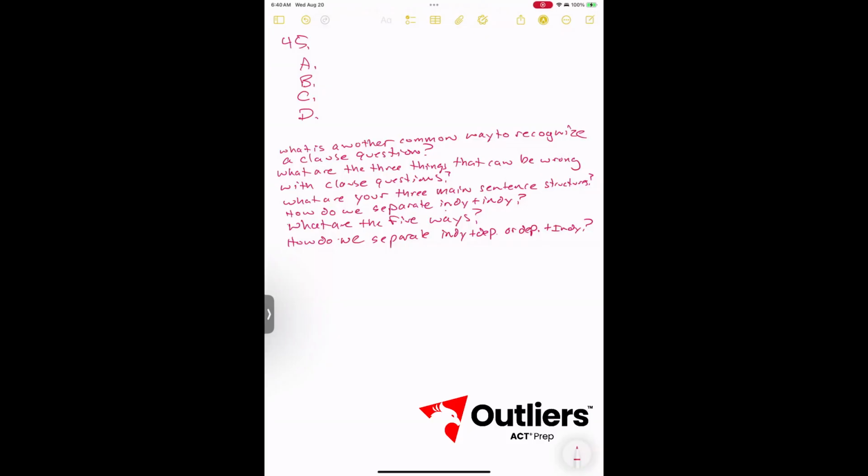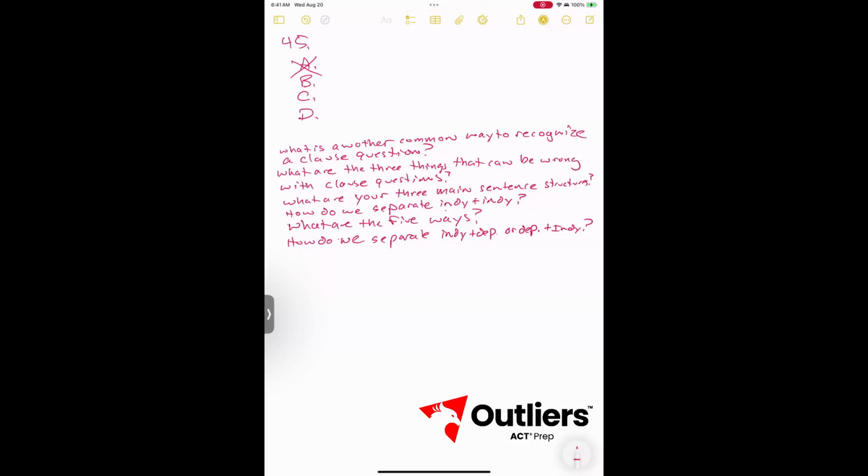It's also awkwardly worded, which is another reason we could eliminate A, but just so you see the common error in these wrong answers, we have an independent clause here first. Most never deplete. That is our second subject verb combo. It does not start with a dependent clause marker. And therefore, we have 2 independent clauses, and we need to separate them with one of the 5 ways, and they do not do that in answer A. So answer A could be eliminated because it's awkwardly worded, or because the clauses are separated